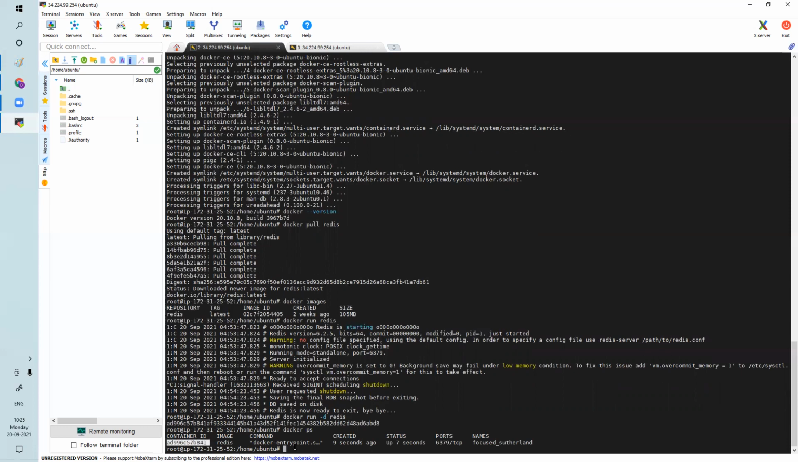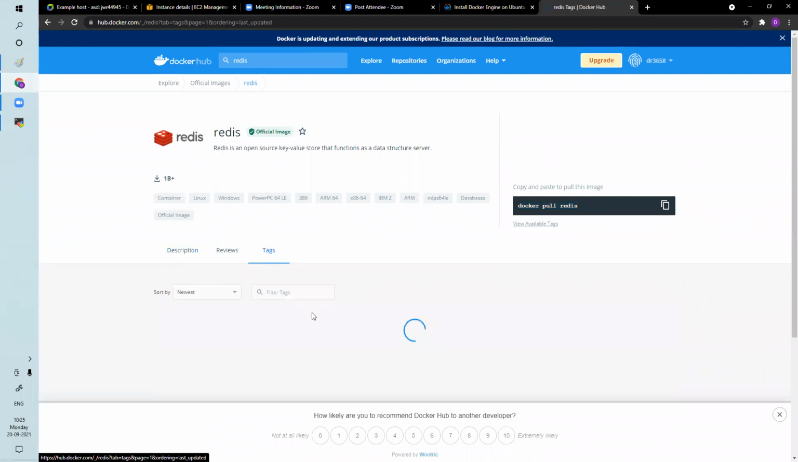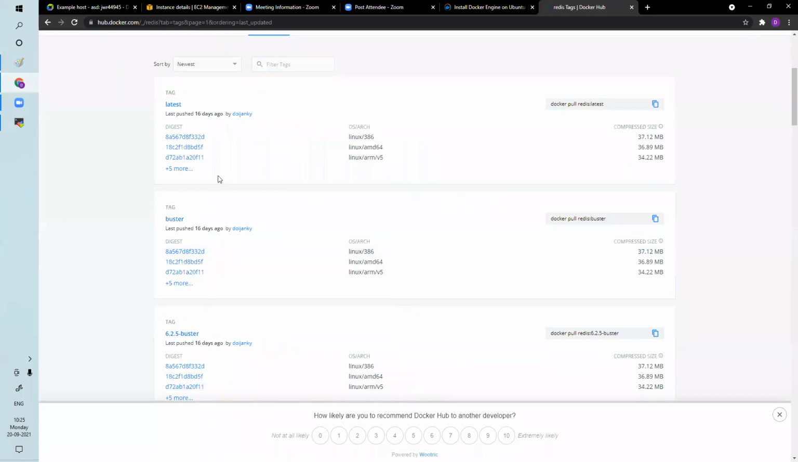Now suppose you have a normal server. Normal server means you just have a system. You have installed Redis. Are you able to install another Redis? No, right? In a Windows system you can't install, even Linux you can't install. If it is container based, then if I go to tags and I want to install any other one,